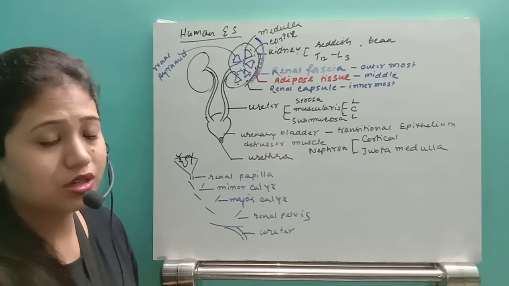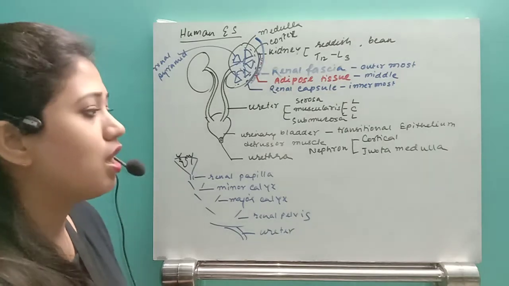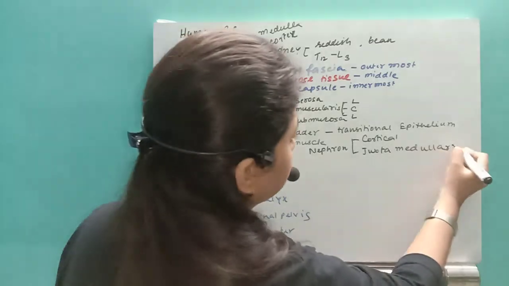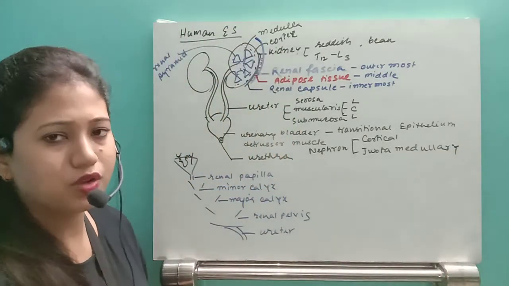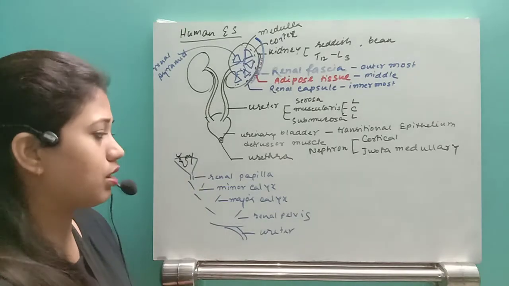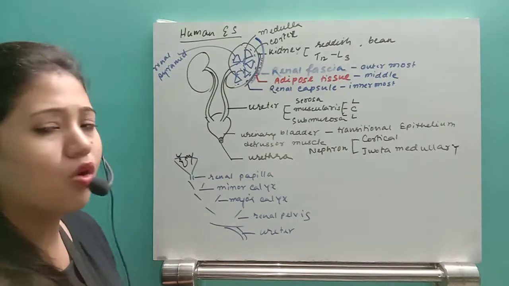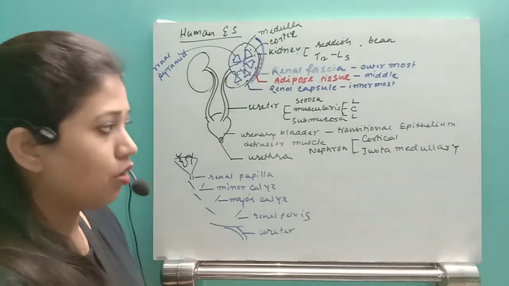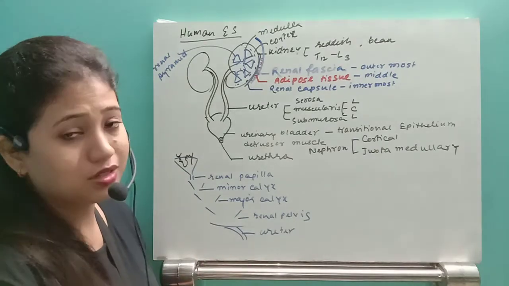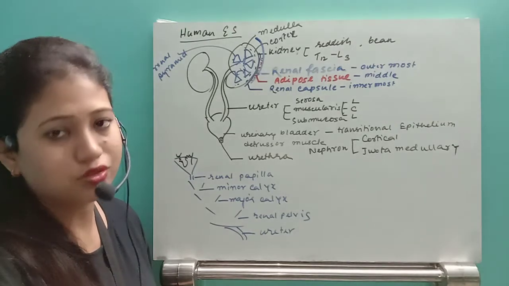Remember, the cortical nephrons are more in number, around 60 to 80% of the nephrons are cortical nephrons, and around 20 to 40% of the nephrons are juxtamedullary nephrons. Cortical nephron has a very short tube, that is the U-shaped loop of Henle, and the juxtamedullary has a long loop of Henle. Cortical nephron has one function, the filtration process, filtration of urine, and the juxtamedullary has another function, the maintenance of osmoregulation.